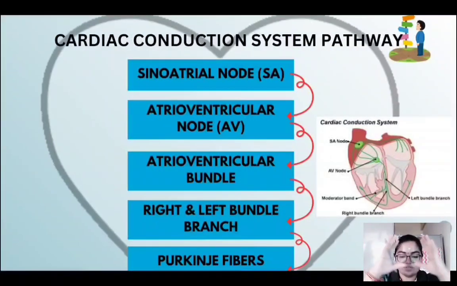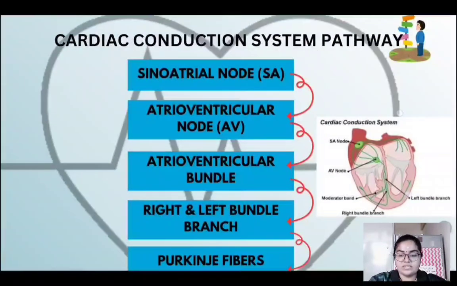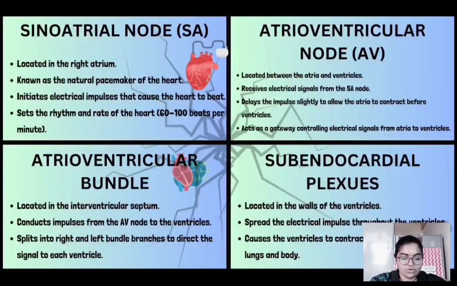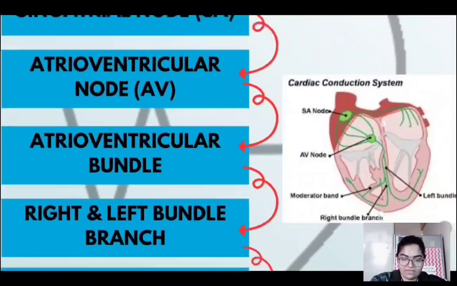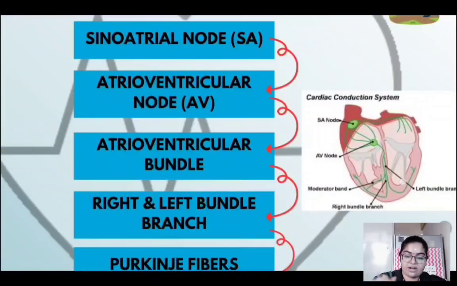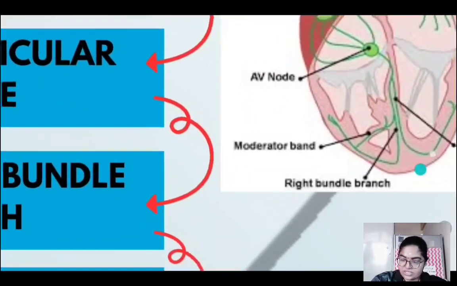Then it will send the impulse to the atrioventricular bundle. The atrioventricular bundle, as we can see here, is located in the interventricular septum, and it will conduct the impulse from the AV node to the right and left bundle branch, where we can see it will separate into the right bundle branch and the left bundle